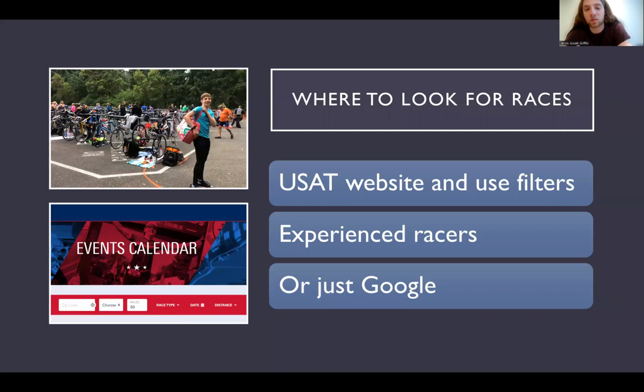So the three main places that I would say to look for races are the USA Triathlon website. Over here in the bottom left, I have a screenshot from the website where you can type in your zip code and then all the drop down menus and find races in your area. Another one that I'd probably recommend above that, so I probably should have moved those around, is just asking experienced racers.